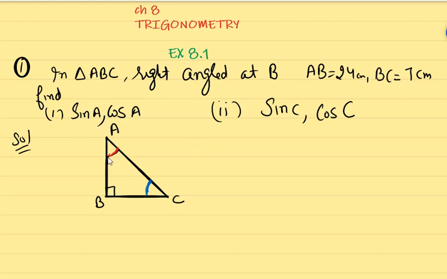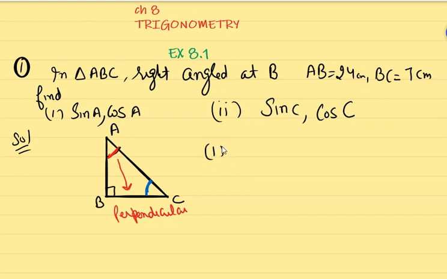So let me tell you, there are two angles. The first part they demand for A, and in the second, we demand for C. If you are selecting angle A, this will be perpendicular. Is it okay? So this is the important thing for you. First part I am doing.